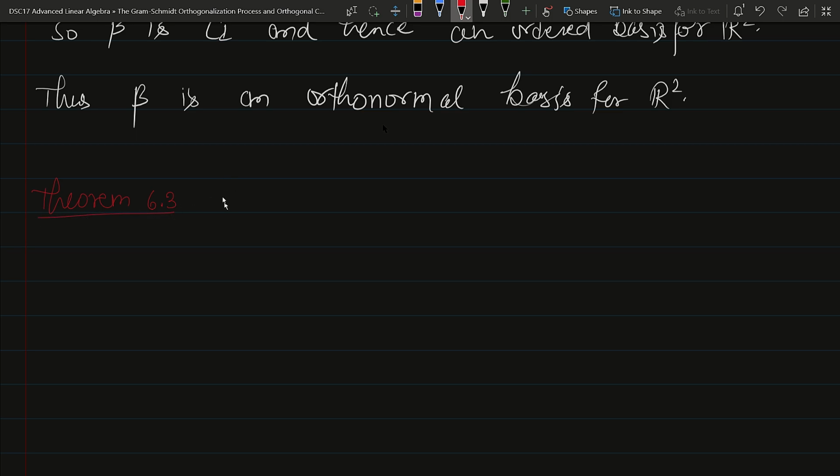This theorem says let V be an inner product space and a set S equal to {v1, v2, and so on, vk}